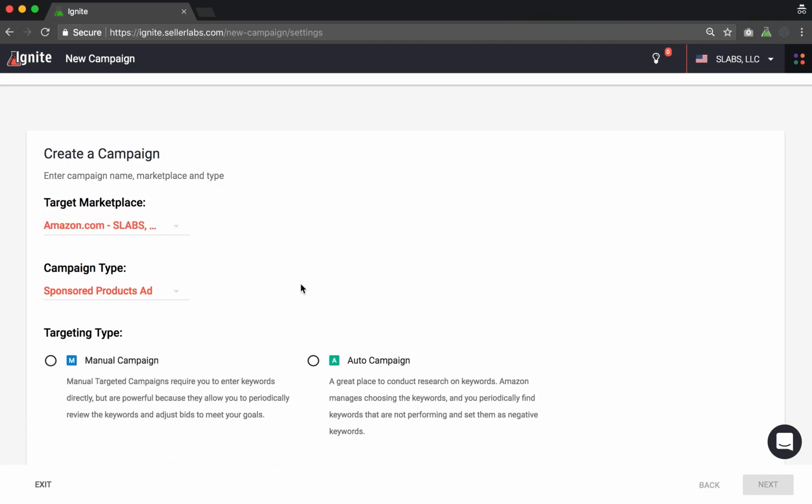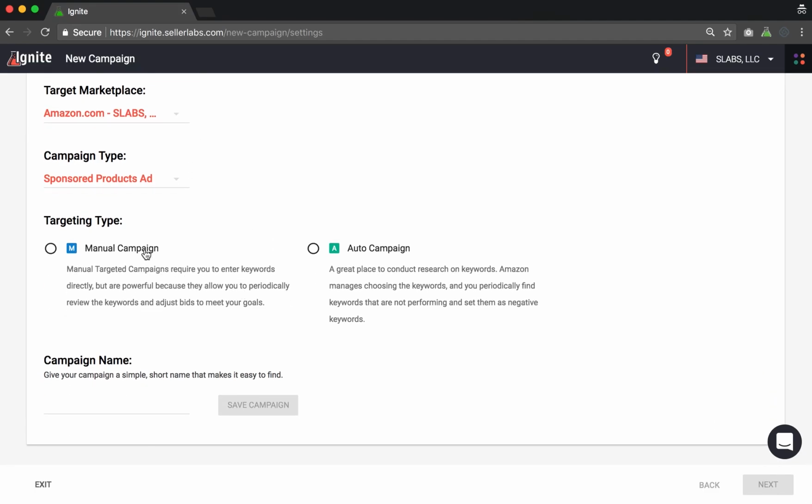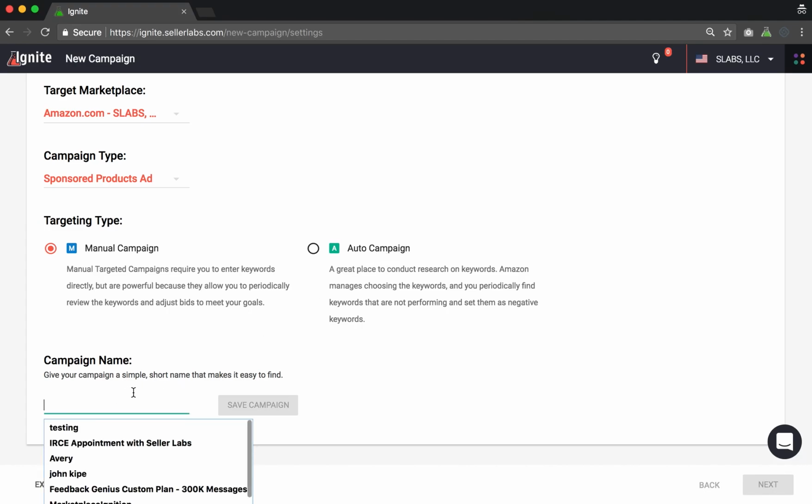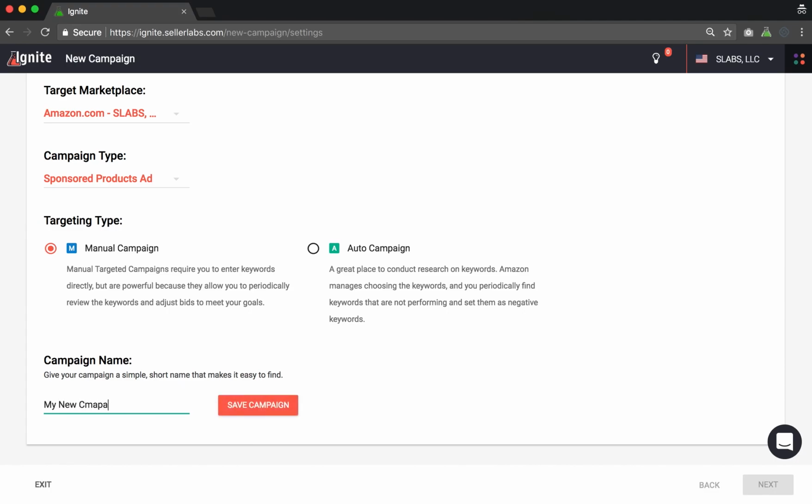In this example, we'll choose the .com marketplace and a manual campaign as the targeting type. But you could also choose auto campaign and allow Amazon to select the keywords for you. Lastly, on this first step, we'll choose a campaign name. And then we will save the campaign, and I'll take note of that name so I can look for it